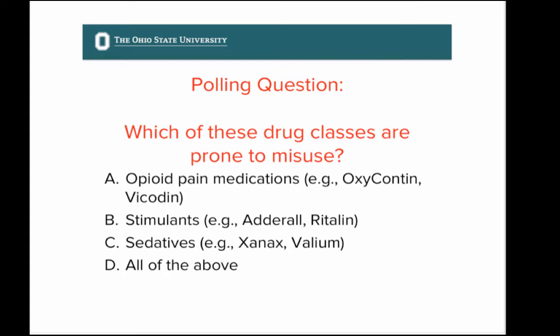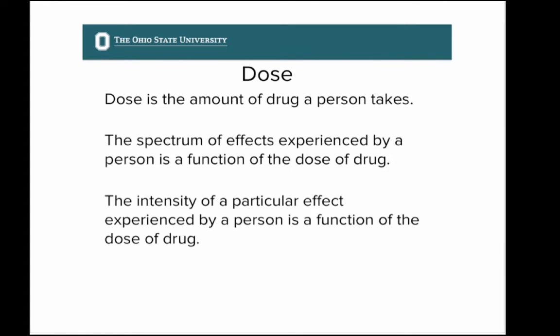This leads us to the concept that the spectrum of effects experienced by a person is a function of the dose of drugs. So, for an opioid pain reliever that we're going to talk about in a minute, relief of pain is the primary effect observed at the standard medical dose. And the respiratory depression that shows up, that's the reason why people go to emergency rooms, doesn't show up at that dose, but shows up at a higher dose. And then sometimes the intensity of a particular effect experienced is a function of the dose. So a low dose might moderate or ameliorate a certain amount of pain, but it might take a bigger dose to ameliorate a stronger, more intense pain.